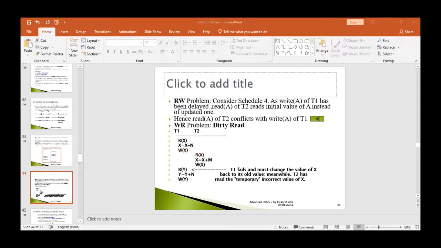So here, if you see, there is a cycle existing in this particular precedence graph, because there is an edge starting from T1 to T3, and again there is one more edge going from T3 to T1, and it is completing a cycle. So here the conclusion will be: this schedule S1, which has a precedence graph with a cycle, cannot be transformed into a serial schedule, and that is why S1 is not conflict serializable.